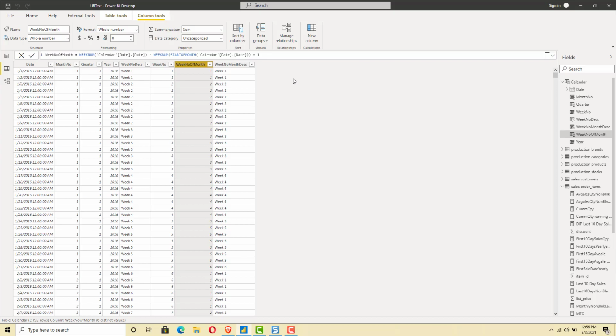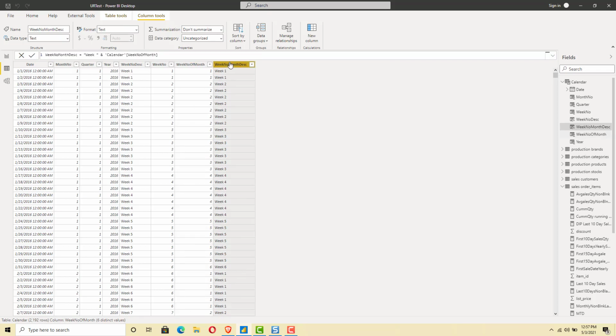For this purpose, we write an expression like this, which will be the week number corresponding to the current date minus the week number corresponding to the start of the month. So this will give us the offset weeks from the start of the month in which the date is falling. And we need to add 1 to that, so that we will get the corresponding week number. So if you are in the third week of the month, the offset will be 2 weeks from the start, plus 1 will give us 3. So using that logic, we use week number of the current date minus week number of start of month of the date plus 1. That will give us the week number of any date corresponding to the month, whether it falls in the first week of the month, second week, third week, and so on.